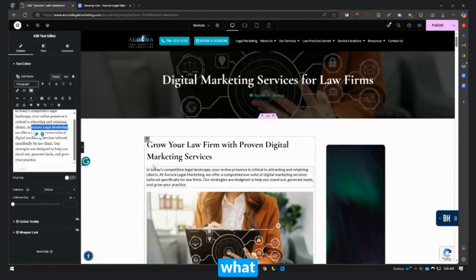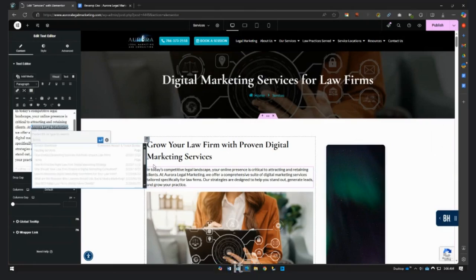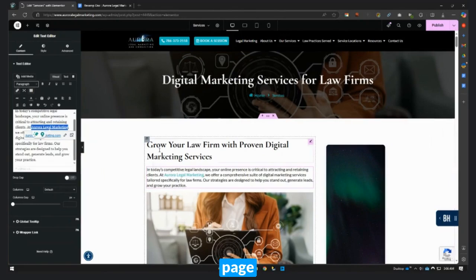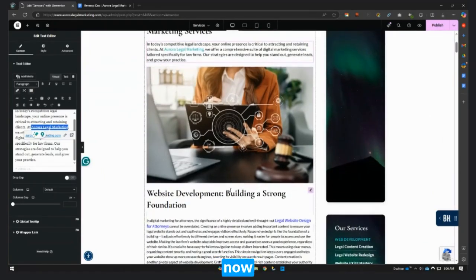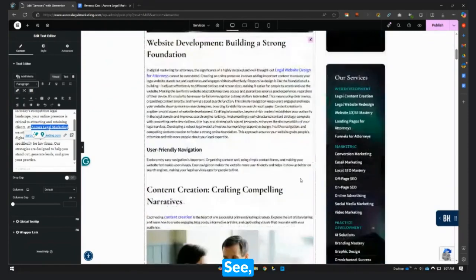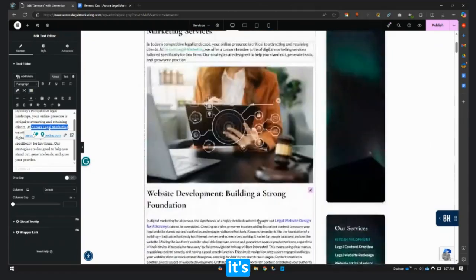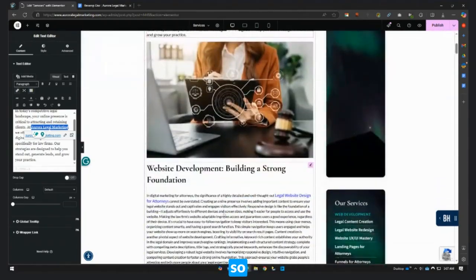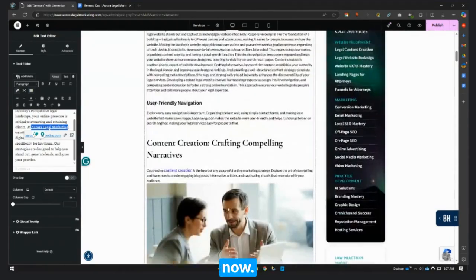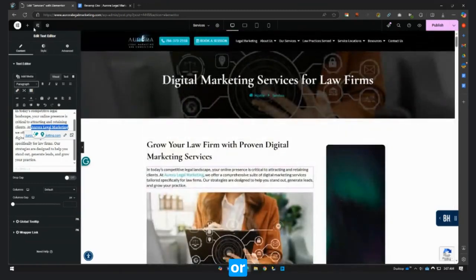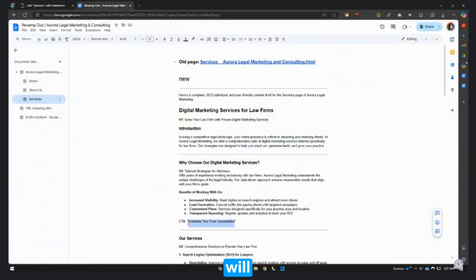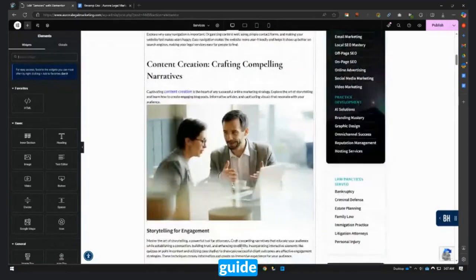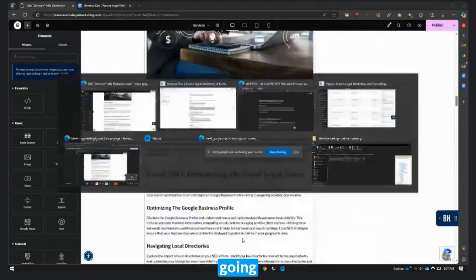What you want to look for is the brand name, and then link it back to the homepage. Let's keep that image for now. It's the picture here, same with the text, so skip this for now. We will have a guide on what image we're going to use.